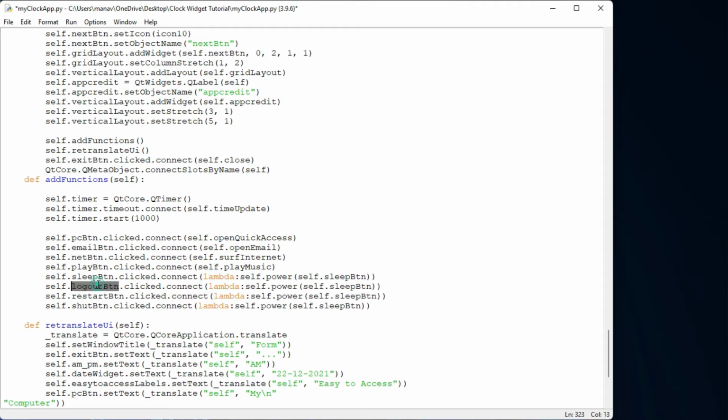Let me change here, it will be the logout button, and it will be the restart button, and it will be the sleep button. Okay, so it is done. Now let me save and run this.